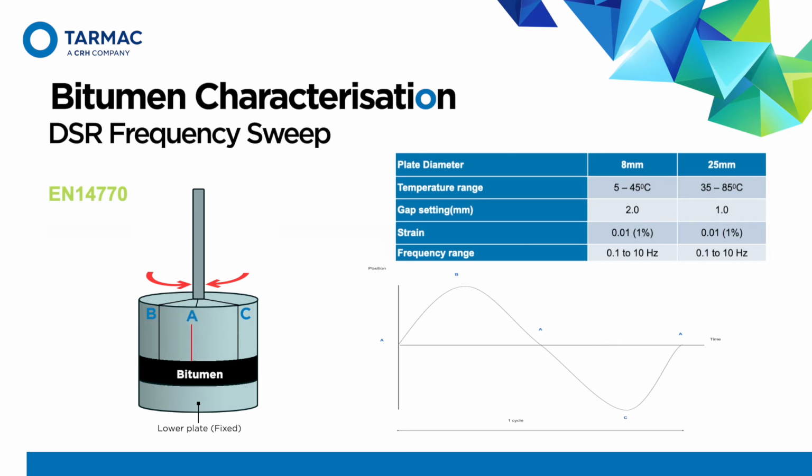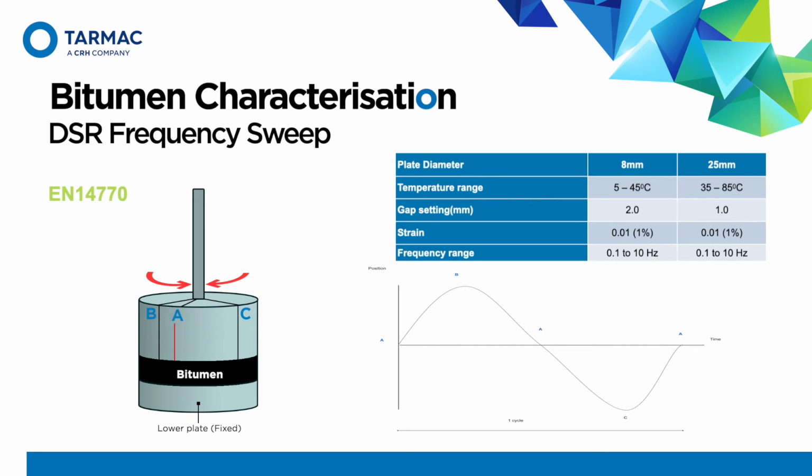The third type of testing is the DSR, the dynamic shear rheometer. The first test done with the DSR is the frequency sweep, covered in EN 14770. In this test, a bitumen sample is sandwiched between two plates. The lower plate is fixed during the test, while the upper plate rotates clockwise and anti-clockwise at different frequencies and